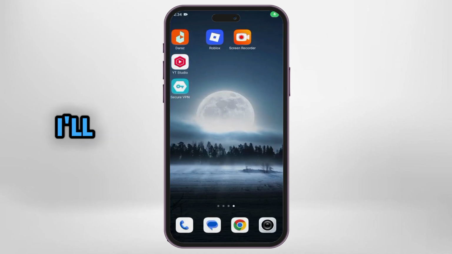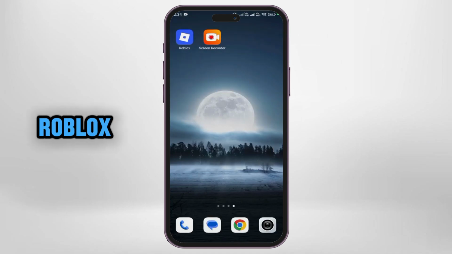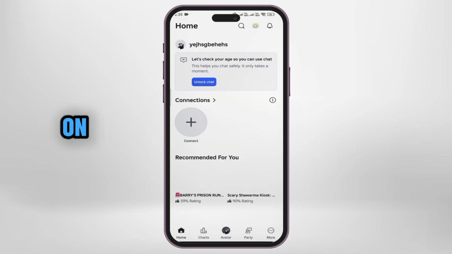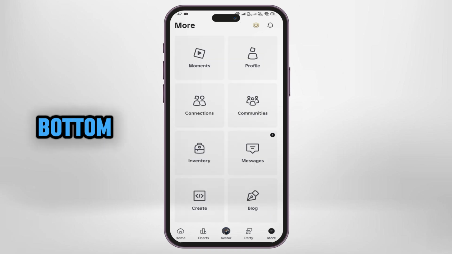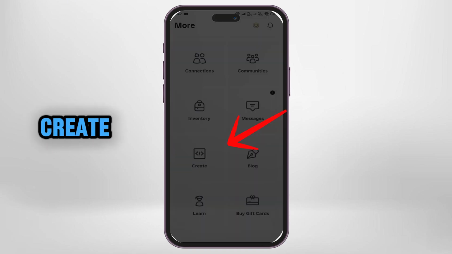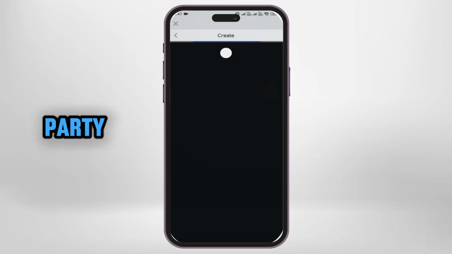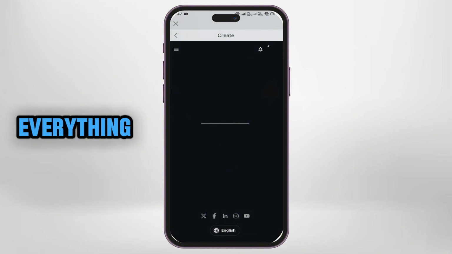In this guide, I'll show you how to create a t-shirt in Roblox using your mobile device. First, open the Roblox app on your phone. Once you're on the home screen, tap on More at the bottom. From there, select Create. Previously, making a t-shirt required using a third-party website, but now you can do everything directly